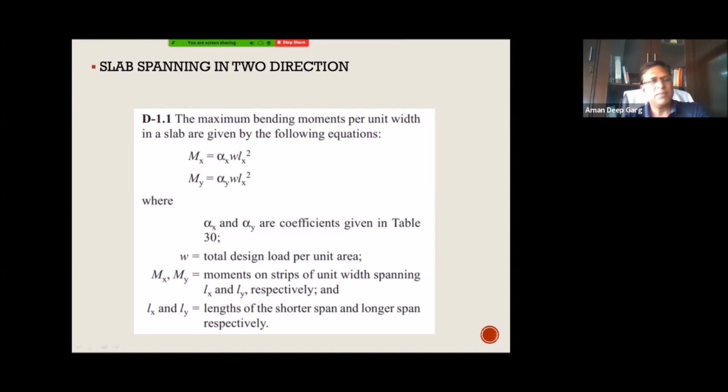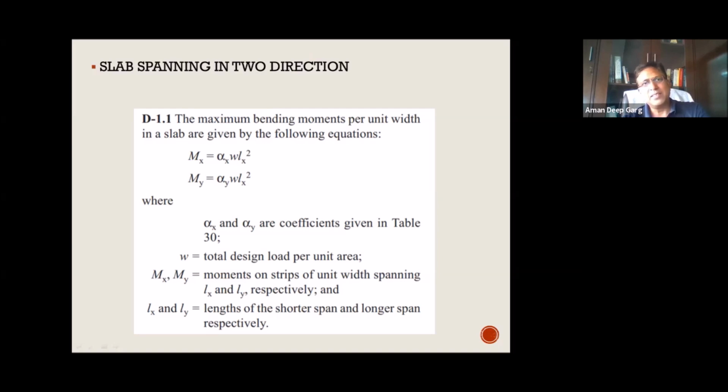So our main governing direction will be the smaller direction. Many of you, I do not know, were confused or not, but in my life I have asked so many engineers which direction reinforcement governs in slab detailing. Many of the engineers are not sure. Many of the engineers say that the larger span will have larger bending moment, so larger reinforcement will be required for the larger span. They are wrong in that.